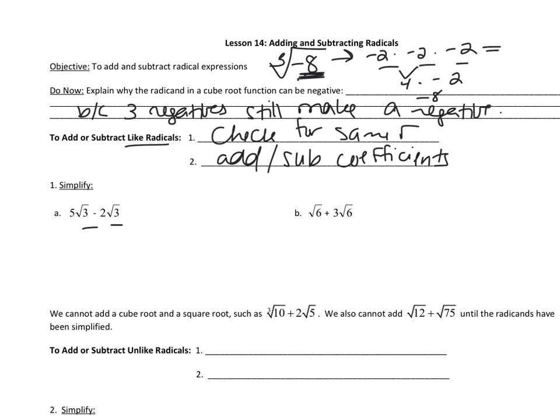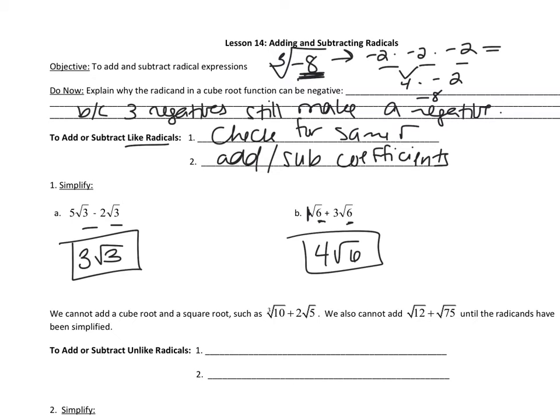So this is 5 radical 3, and this is 2 square root of 3. So these are the same type of radical, same inside of the radicand. So all I have to do is 5 minus 2, which is 3 rad 3. Okay, this guy here, same deal. There's a 6 and a 6, so I'm going to add my coefficients, so 4 square root of 6. Now with unlike,